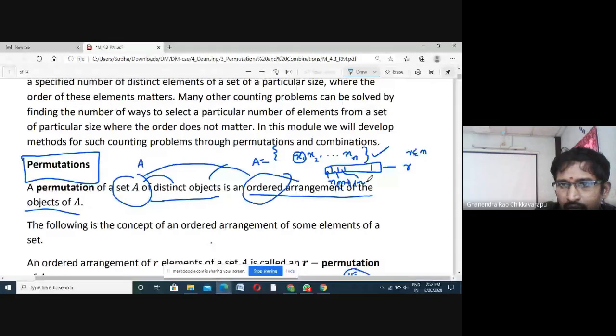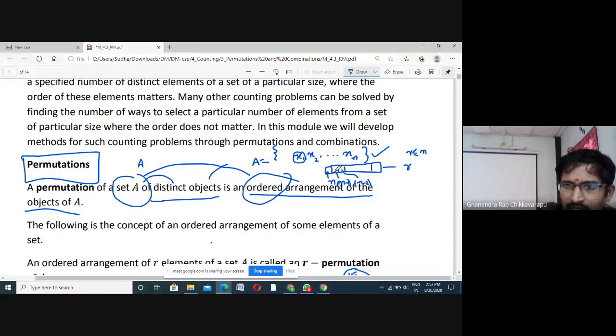Still there are r minus 3 boxes remaining. But have a look at the logic. The first box can be filled in n minus 0 ways.